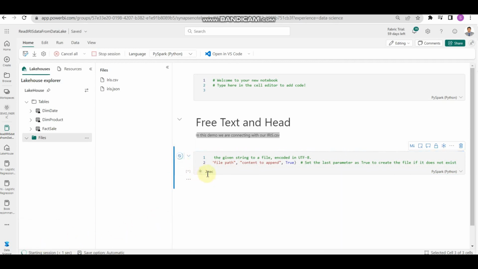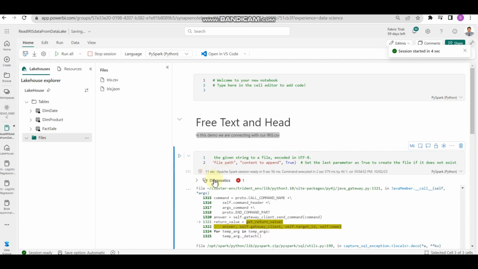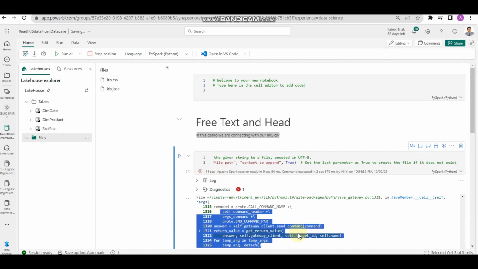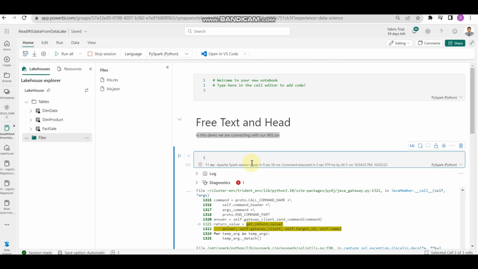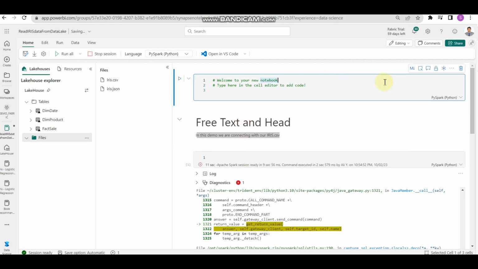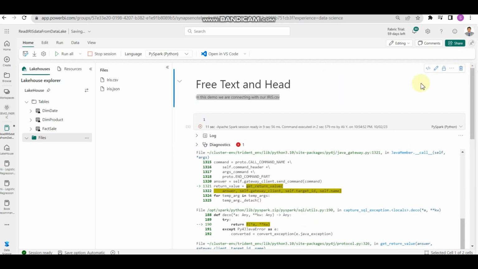It's taking some time, but it's an interpreter, so it's executing. Here you go, you find an error in this line because I am not providing the required parameter. So let me delete it, and